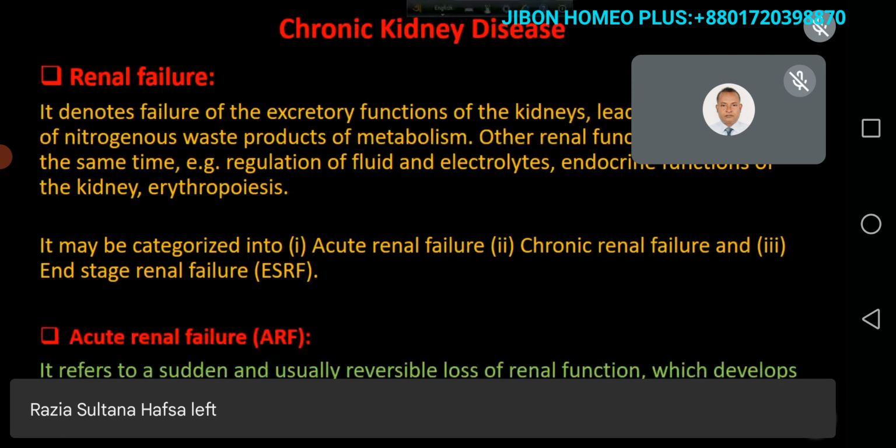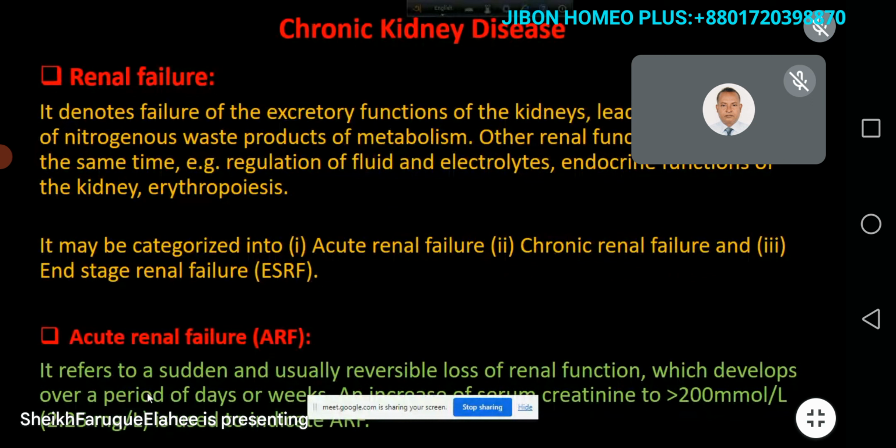Now we come to renal failure. Renal failure means kidney fails to do its normal function. So renal failure denotes failure of the excretory functions of the kidney. If excretory function of the kidney fails, what will happen? It will lead to retention of nitrogenous waste products of metabolism. Nitrogenous waste products means when we take